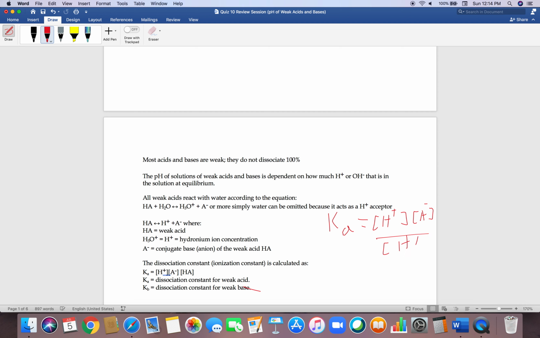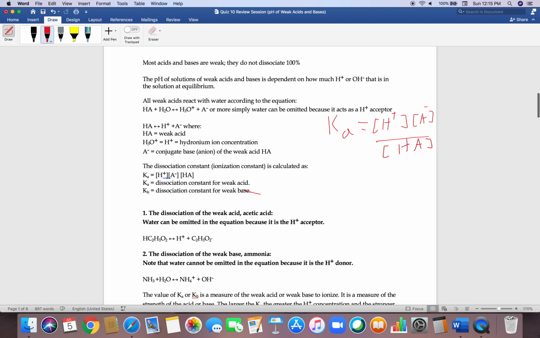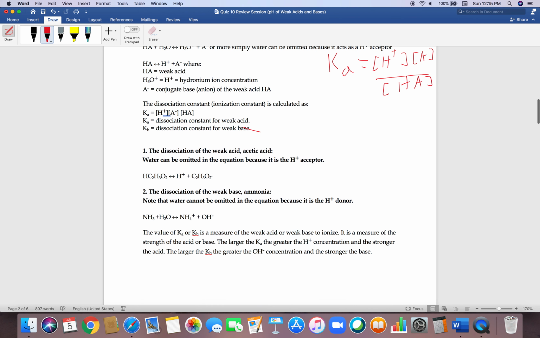Now this should look familiar, as this is how we would represent equilibrium constants. And that's exactly what this is, except it's an acid equilibrium constant. And the same would be for the Kb here. Now, what it is talking about in these two examples, 1 and 2, is that when writing the dissociation of